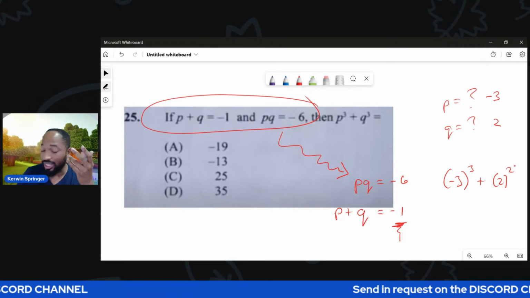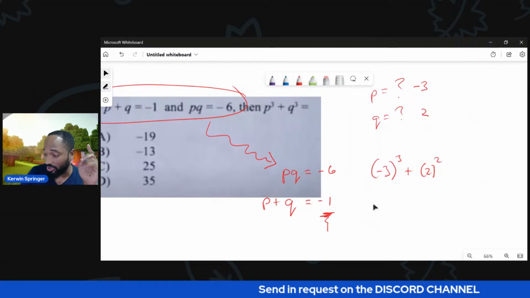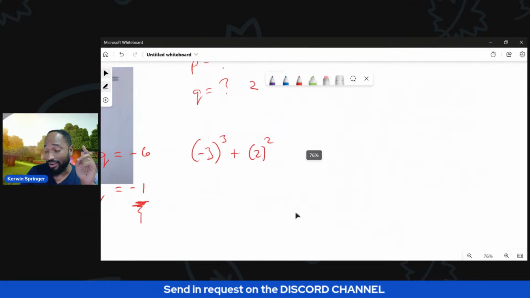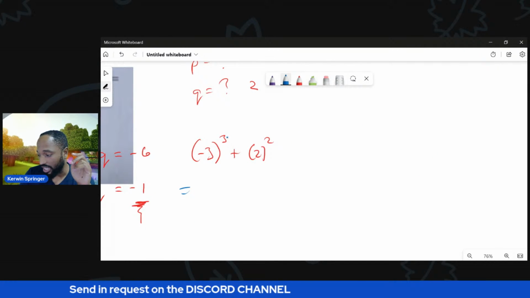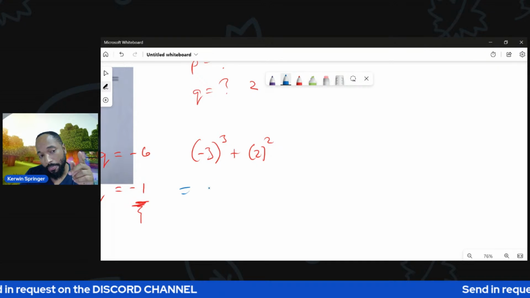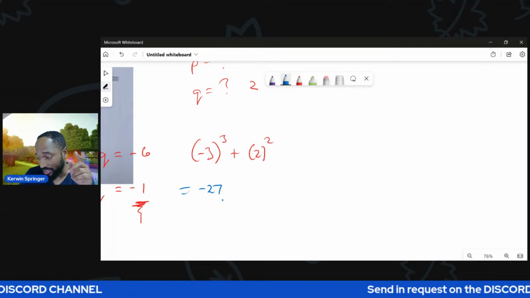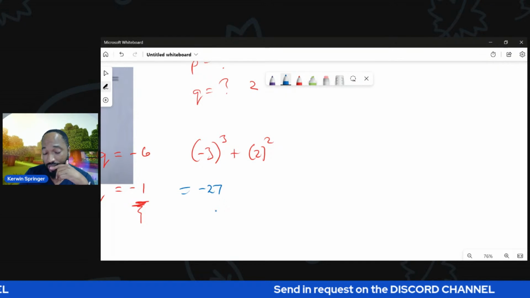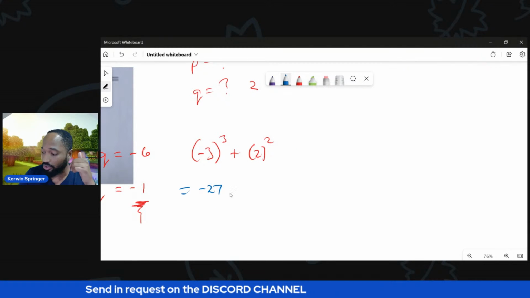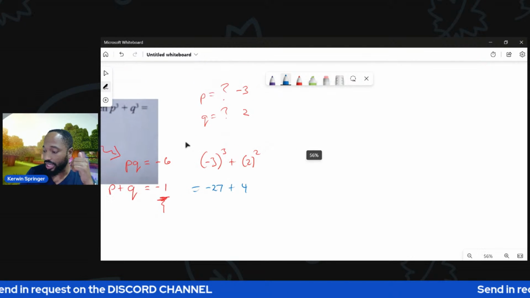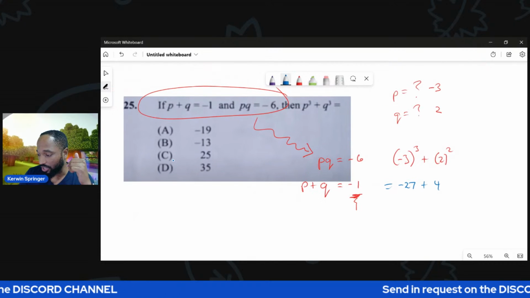Now, when I was doing this in the crash course, the first time I actually made an error. I had to catch myself because negative 3 cubed is negative 27, not positive 27. Negative. And 2 squared is 4. So negative 27 plus 4 is none other than,